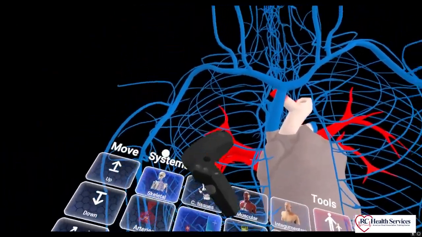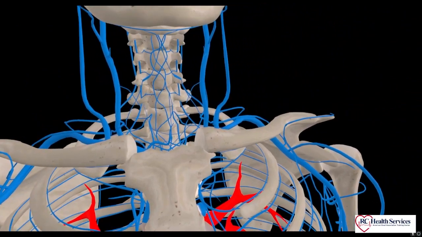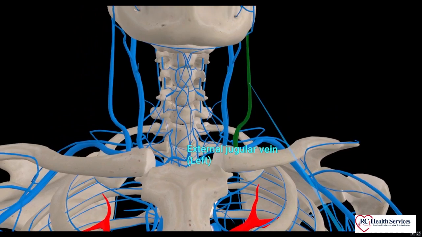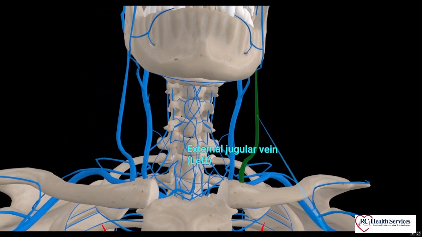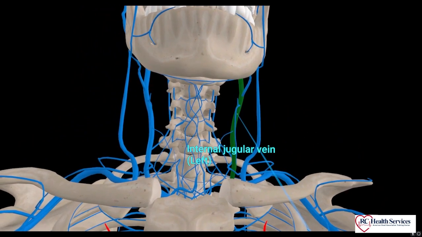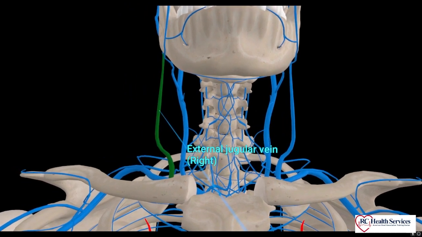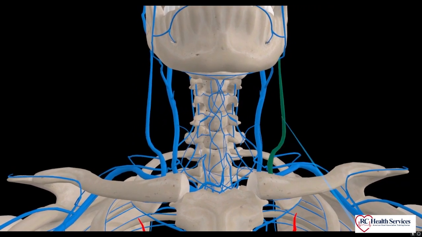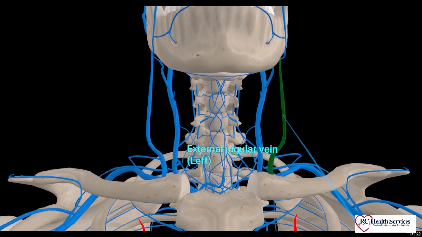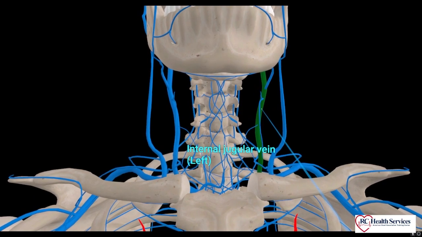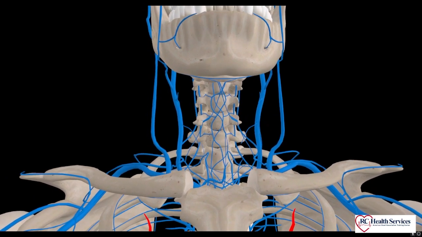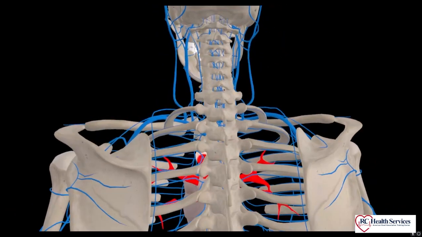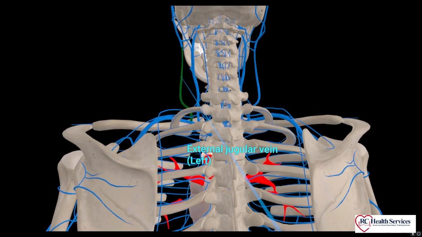This isn't super important as far as EMT basics is concerned, but whenever you move on forward to AEMTs or paramedic level, you may have to cannulate or get an IV in either of the external jugular veins in the neck right here. So we have external jugular veins as well as internal jugular veins. Sometimes this is called an EJ, and it's basically just where you put an IV catheter in the neck in those external